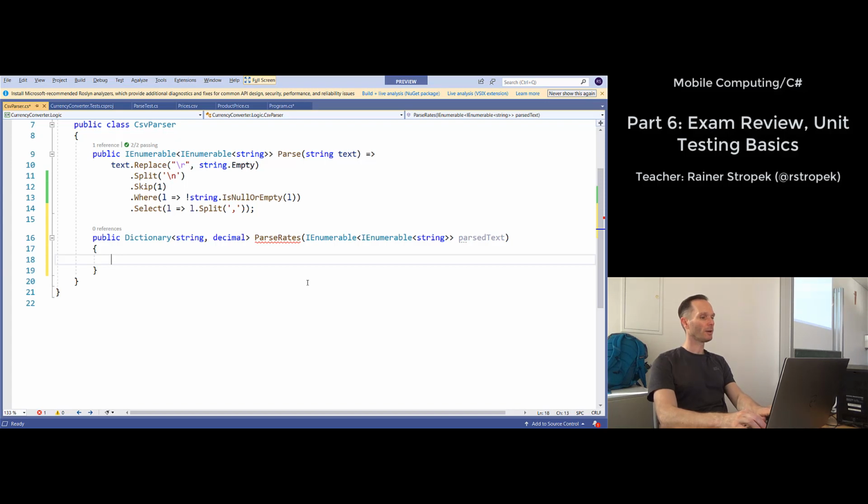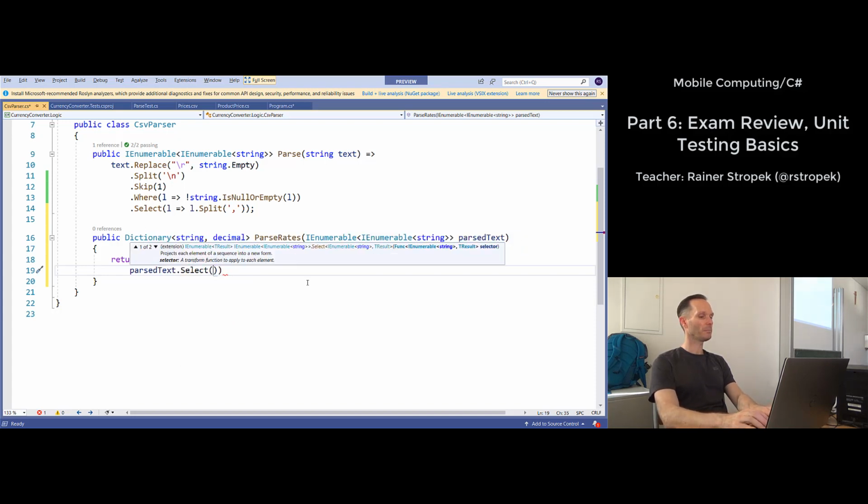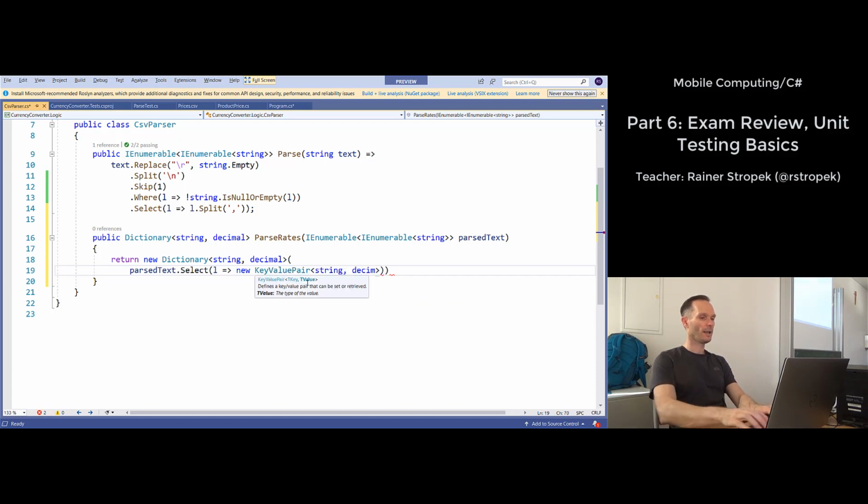We can do a return new dictionary of string and decimal, and then we do parsed text.select line, because we have line by line text, new key value pair of string and decimal, and there it gets